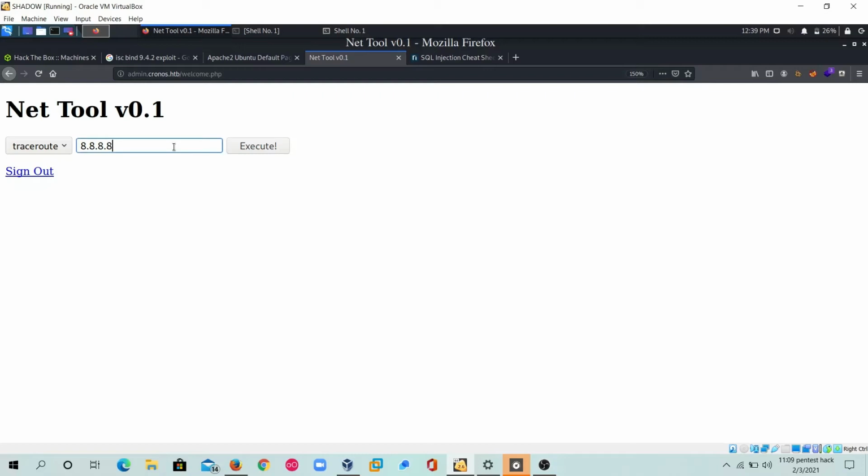Right now we are going to check here for remote code execution, because in this type of scenario, when there is an input box and the user has to give input, there are chances that we can do command injection. First we will check with whoami.